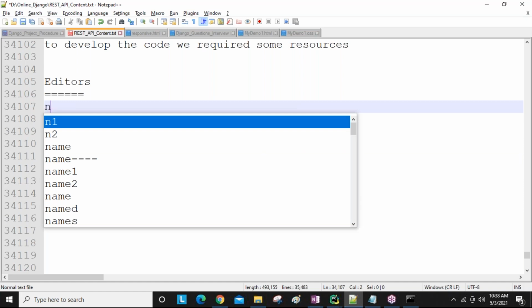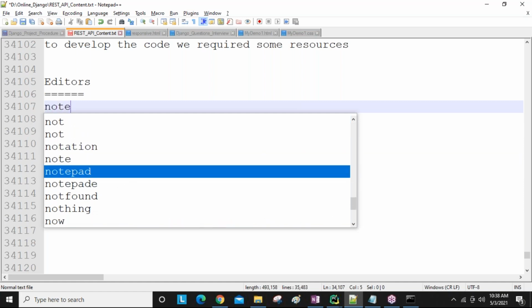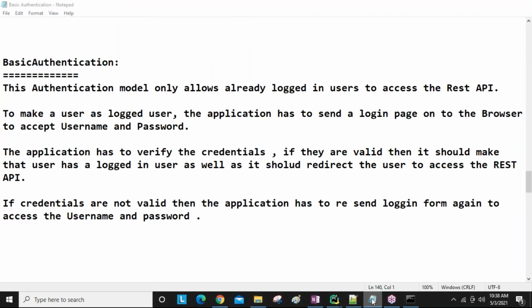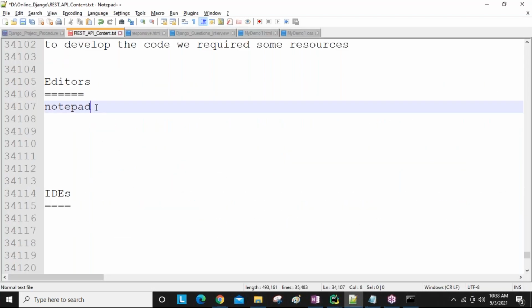So what are the editors in our systems? Notepad is one editor, guys. Here everything we need to type, no line numbers come, no duplicate code comes, and if I remove 10 lines and want them back, they don't all come back, only one step comes back, not all the previous steps. So there are a lot of problems using Notepad.